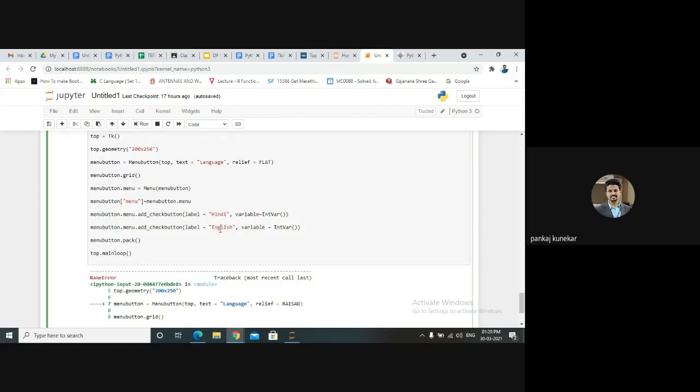Likewise, you need to add the check button or respective thing into your menu. So menu button consists of your menu, and then we'll add the labels respectively. Okay, this is the way we need to follow. Only menu button is not enough. Inside the menu button, you need to add the menu also. Like inside the language, we have Hindi and English.